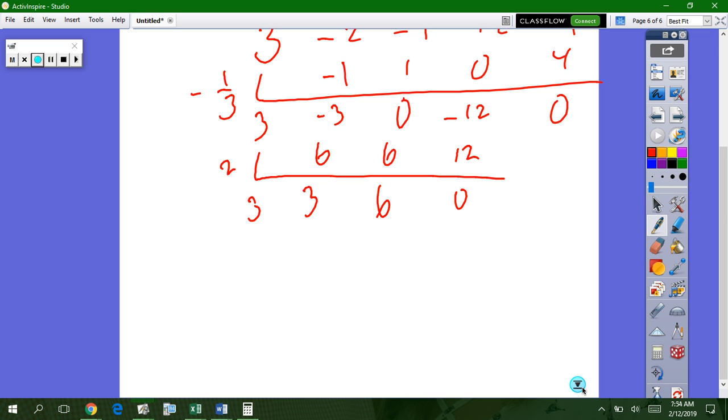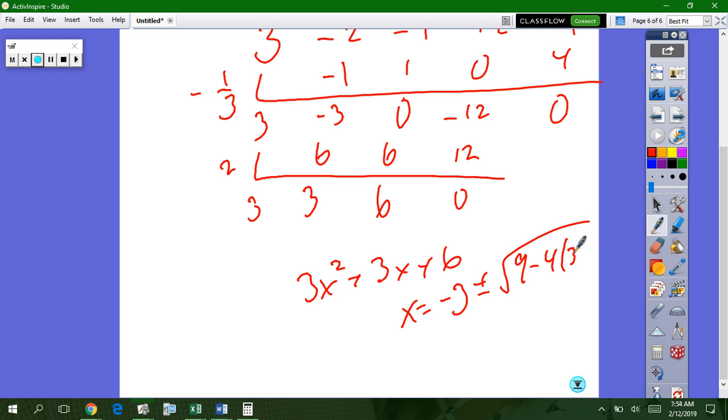Can the factors of 18 get to be a positive 3? Not when they're both positive. So, quadratic, here we come. And you're going to do quadratic quite a bit today. So we have x equals negative b plus or minus the square root of b squared, that's 9, minus 4, a is 3, c is 6, all over 2a, which is 6. This guy right here is 9 minus 72,